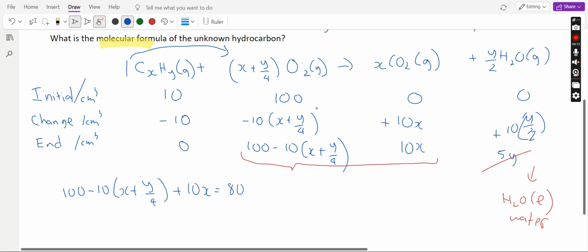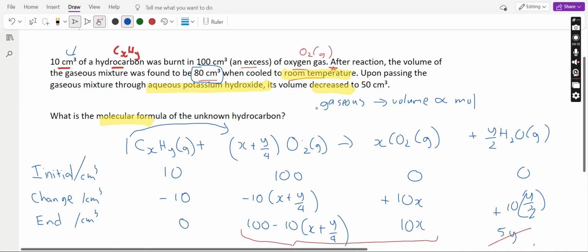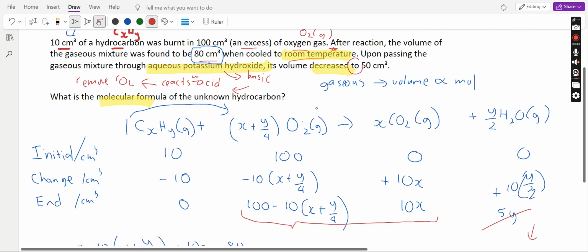And then further on, they tell you that upon passing the gaseous mixture through aqueous potassium hydroxide, the volume decreased to 50 cm cube. So potassium hydroxide is basic. It reacts with acid, which is your carbon dioxide gas. So it removes your carbon dioxide gas. So after passing through, your 10x should be gone. And since it decreased to 50 cm cube, not decreased by,